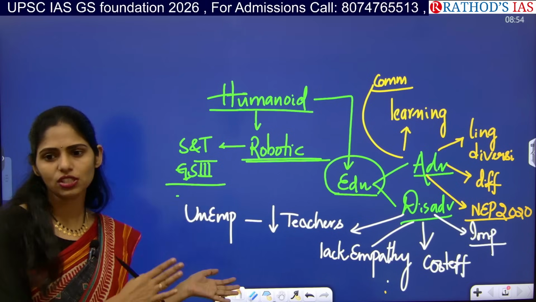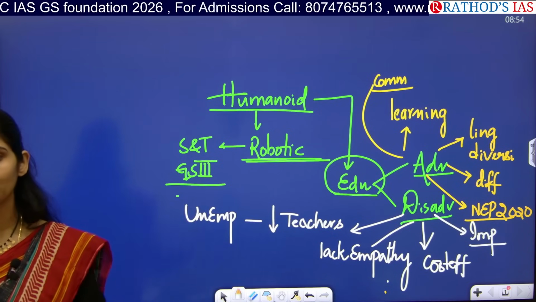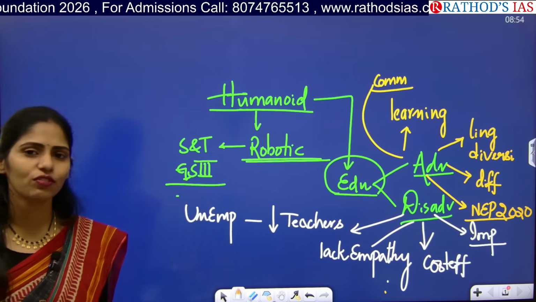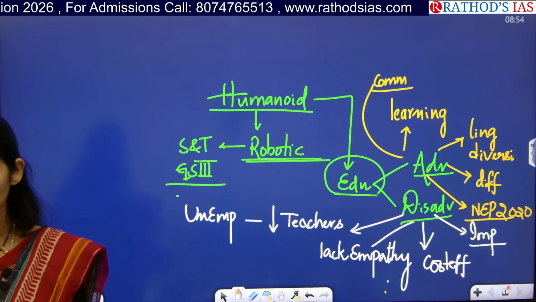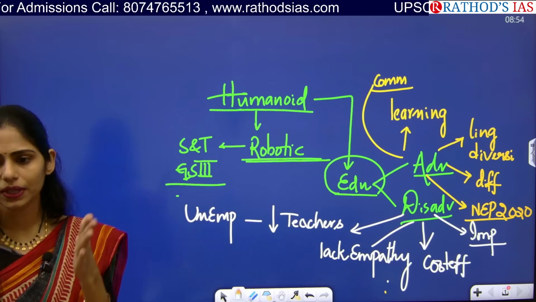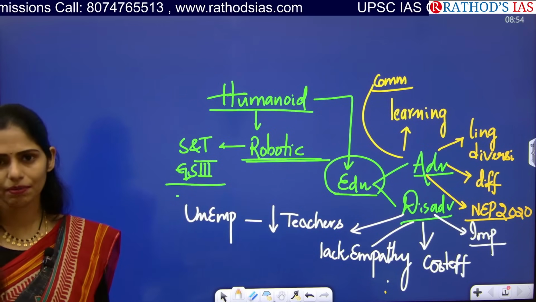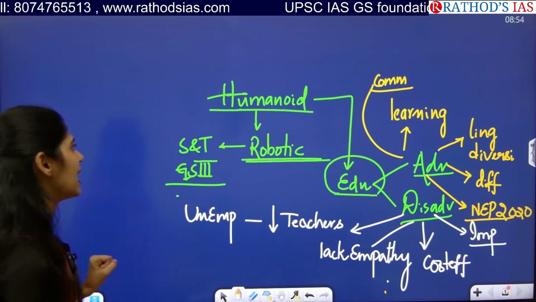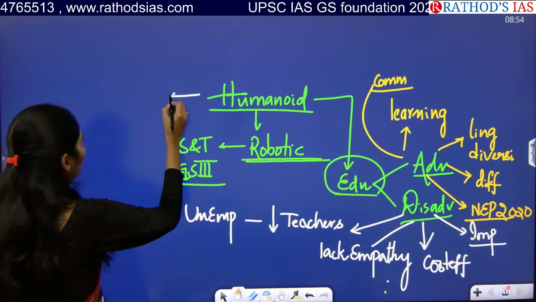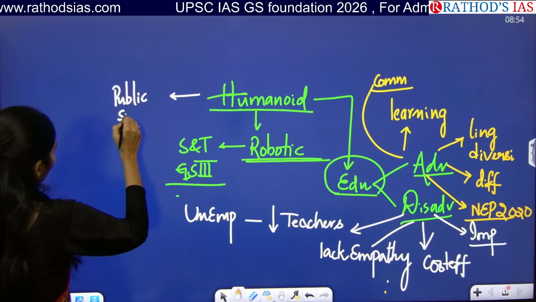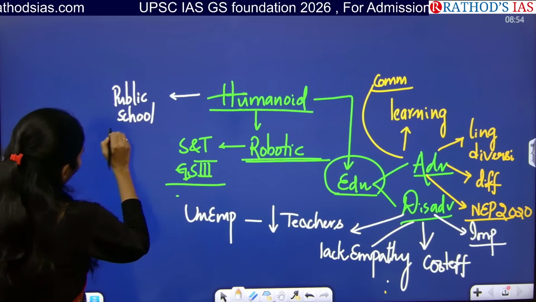Here in education, we have two types of education system, private education and public education. Whenever we talk about efficiency of education, who will take more innovations? Obviously private institutions will take them. That means again there will be a gap between public and private institutions. So this is also an important problem. But actually, this article is talking about a humanoid robot in a public school. That means a government school. It is very important.